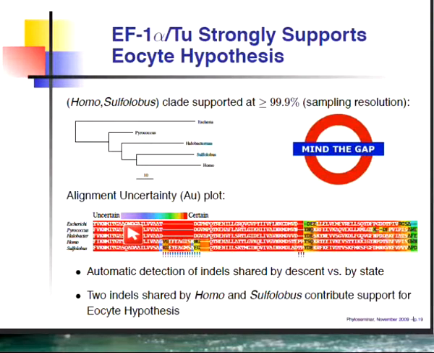Immediately, the joint inference approach identifies an insertion deletion event that's shared by descent between the eocytes and the eukaryotes. And that's these sort of 7 or 8 nucleotides right here. Now, those are the amino acids that Jim initially identified in 1990. But he didn't have any way of sort of quantifying the support that they added to the data.